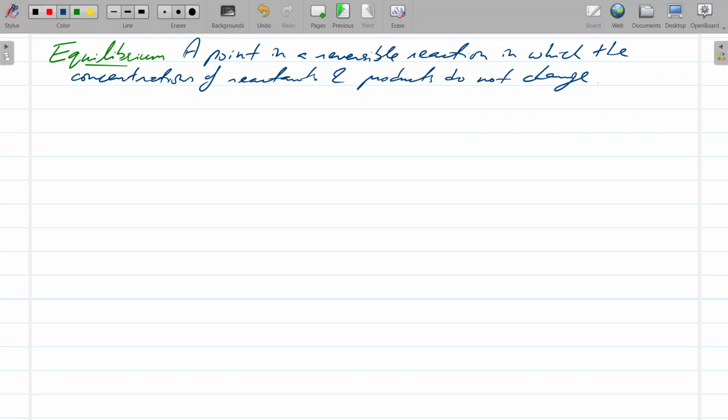Now, given the example that we've gone over for reversible reaction, this doesn't make sense because what we've